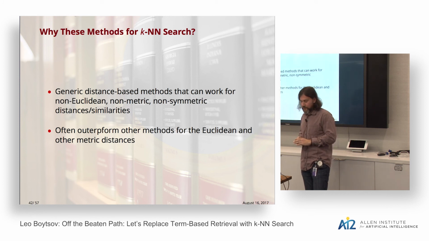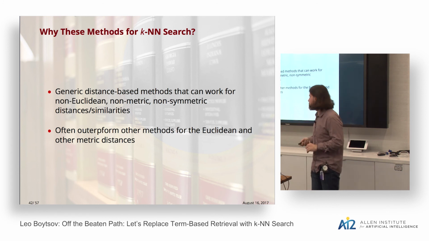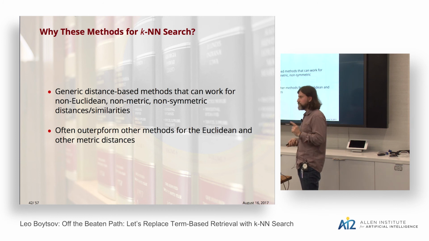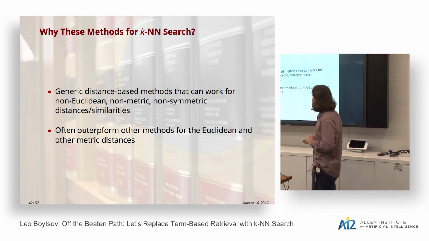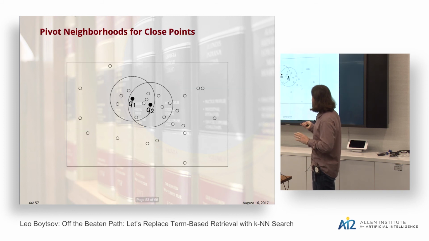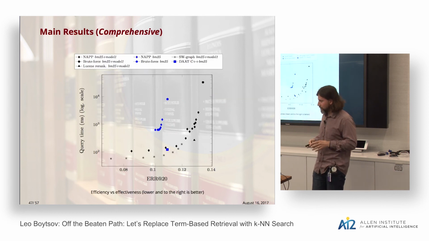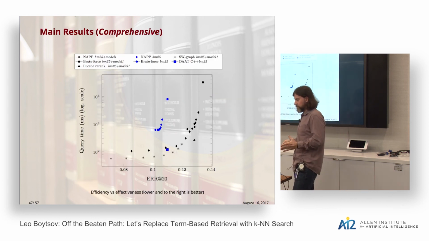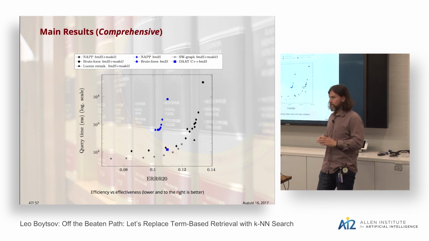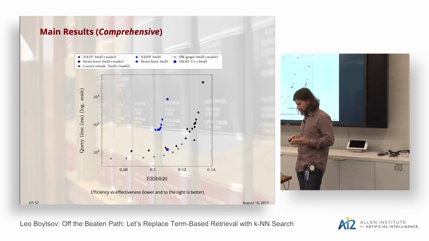And also, in many cases, they, either SW graph or NAP, beat the state of the art even for the Euclidean distance. And that's especially true for the graph-based search algorithms. Okay, so I skip the technical details of these algorithms unless anybody wants to know them. I will jump right into the description of my experimental results, where I show you the efficiency-effectiveness trade-offs of several candidate generation approaches, including methods for KNN search.